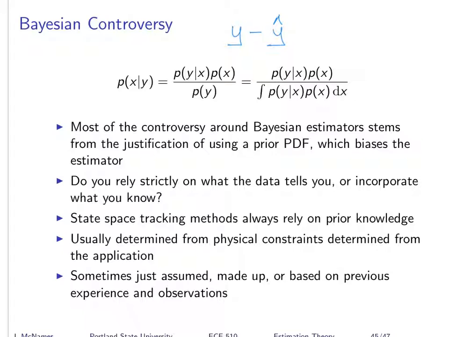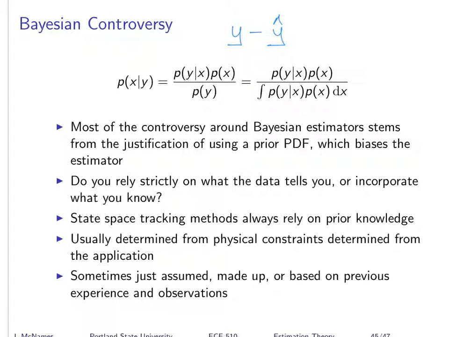I'm just mentioning this in passing, but if you wander over to the statistics department, these days most statisticians will say, sometimes the Bayesian is the right thing to do, sometimes classical is the right thing to do. But there used to be a debate between these two schools of thought. And those that were defending classical estimation were basically defending that you should listen to your data and let it speak for itself.